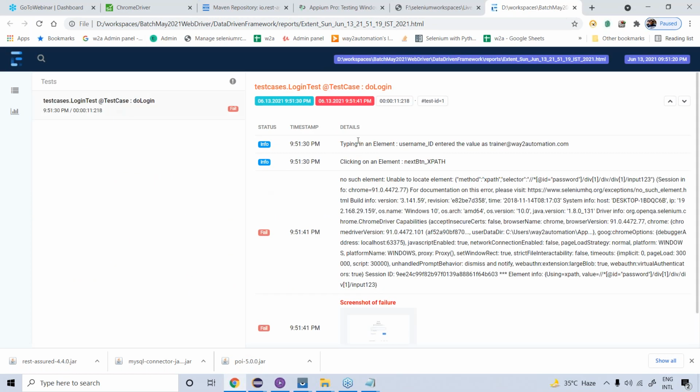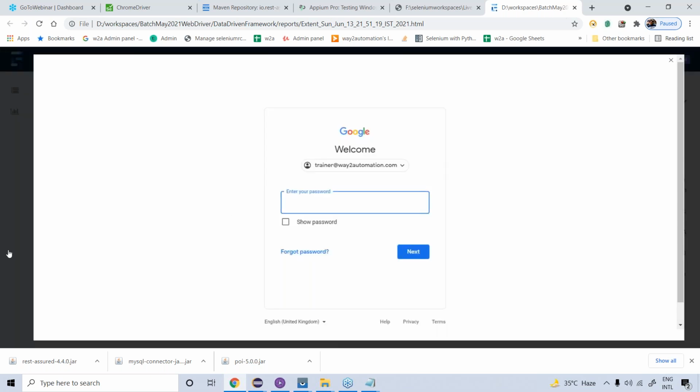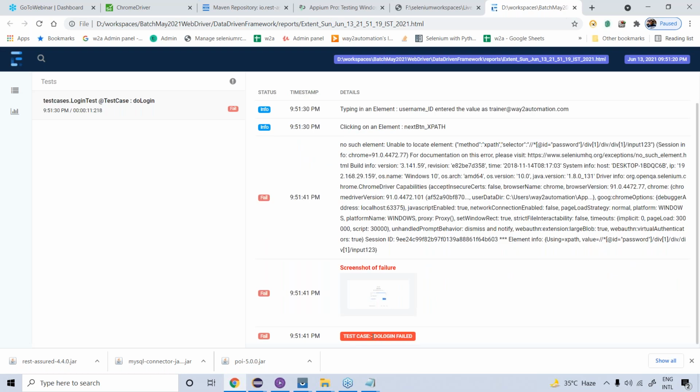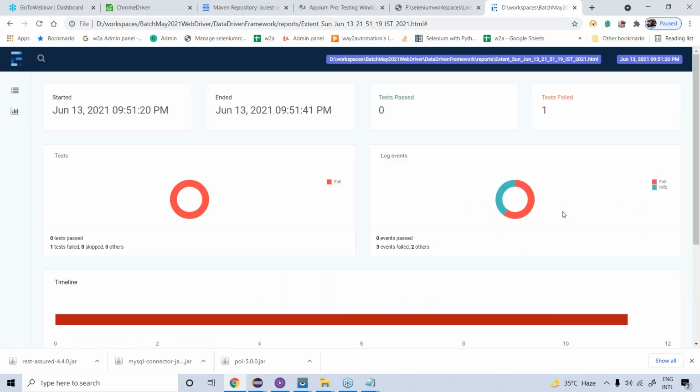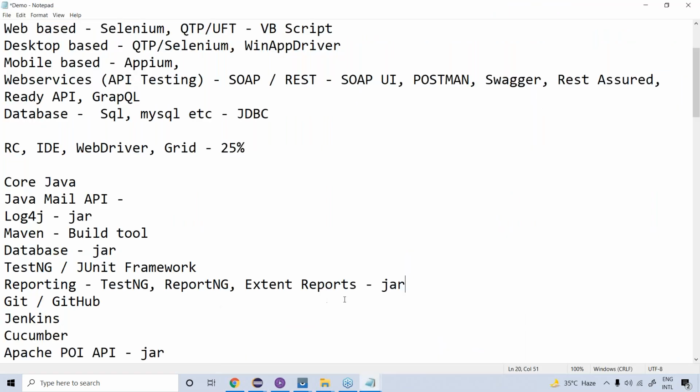So whenever there is a failure, a complete exception is captured, a screenshot of the failure is captured, right? So these are the details that this particular test case failed. This is like a graphical summary. So you can attach the screenshot to an email and send it at the end of the project, which will contain the complete summary, how many test cases passed, how many are failing. And this is not a task of Selenium, right? But we need this for reporting purposes, right? And all these are open source APIs. There are Extent Reports, ReportNG, different reporting libraries, and this Java Mail is another jar,